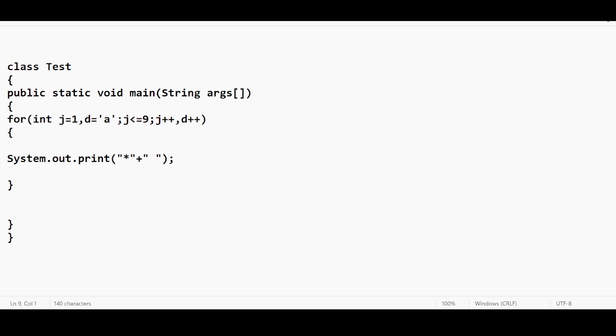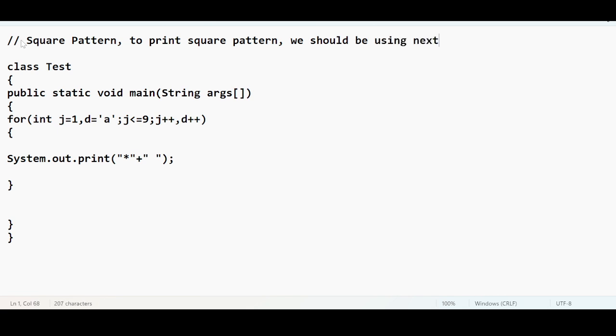Square pattern is very easy. We will be using a nested for loop. To print a square pattern, we should be using nested for loops. A nested for loop is nothing but a for loop inside a for loop, a for loop within